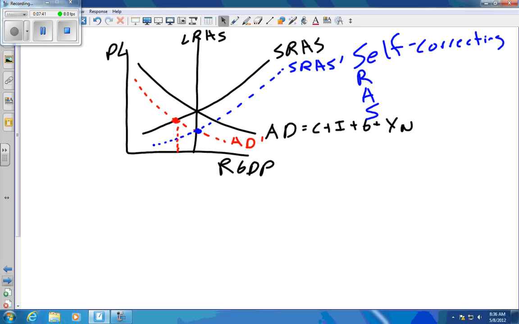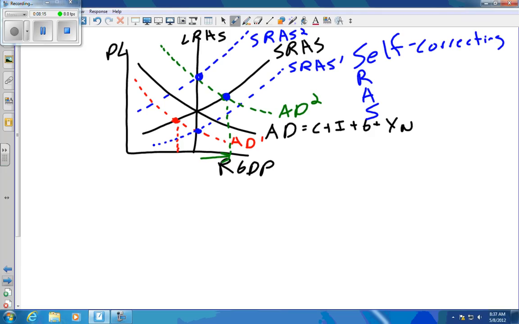On the other hand, let's say we're agreeing. Let's say the economy now starts experiencing inflation, and they don't tell you anything else changes. They say, okay, the economy starts experiencing inflation, or it's operating beyond full employment, and you can see that here. We're now over here. We are beyond full employment output. And then they ask you what happens in the long run. Well, once again, because they don't say there's fiscal or monetary policy, the economy will self-correct. Therefore, the short-run aggregate supply curve will shift back, and the economy will correct itself and get back to full